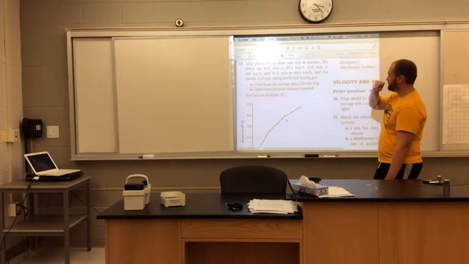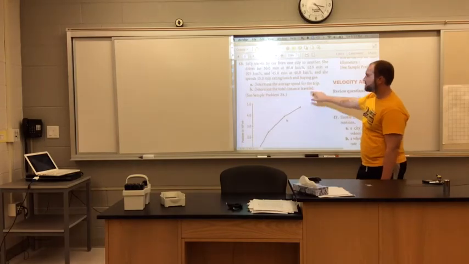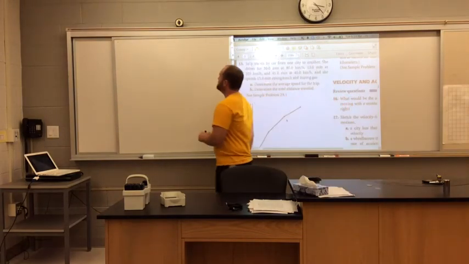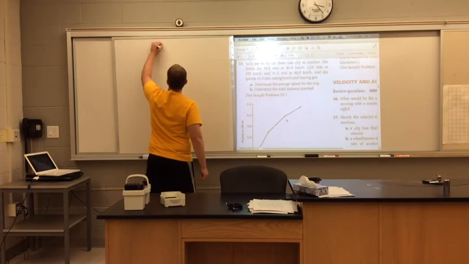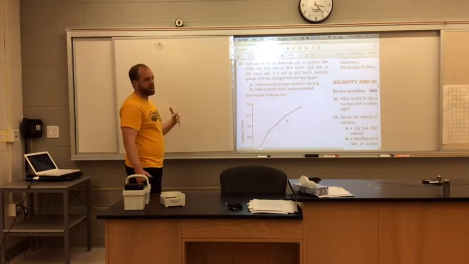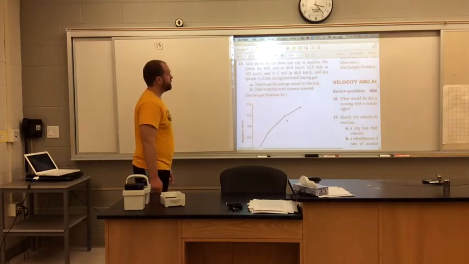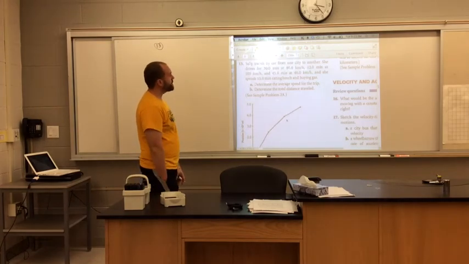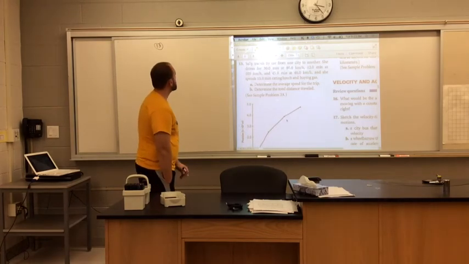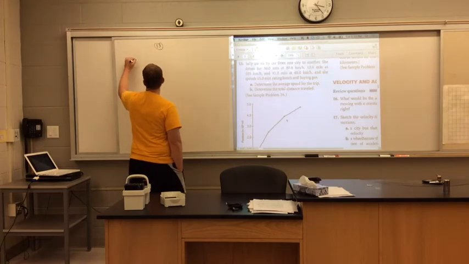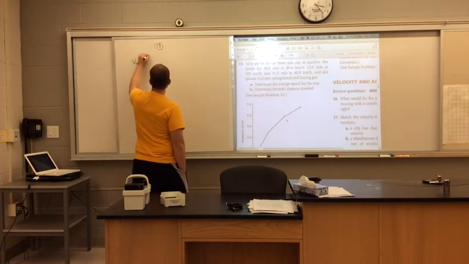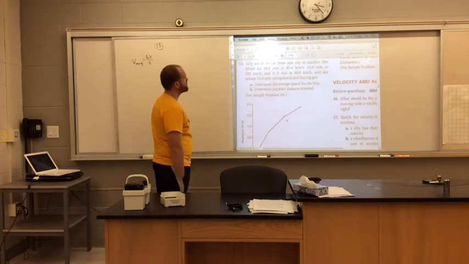I'm actually going to do these backwards. I'm going to figure out the total distance first. And you'll see why. If you did it the other way around, you'll still get the same answer. Okay, so she drove for 30 minutes at 80 kilometers per hour. Well, I know my equation that I've been using, average velocity is displacement over time. So I know